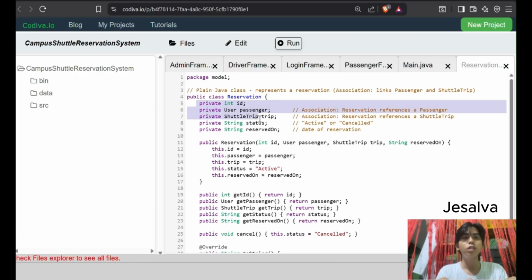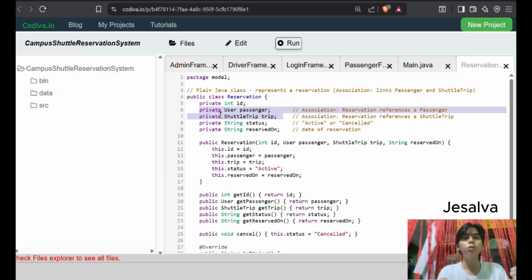I will explain my part, which is the reservation class. First, we declare the variables in the reservation class. We have an ID, which serves as the unique reference number for each reservation. Then we also have the passenger and trip. These two are not just simple values. They are objects coming from the user and the shuttle trip classes.